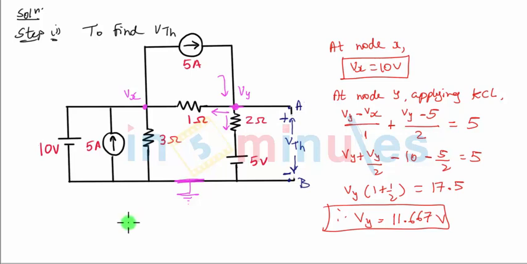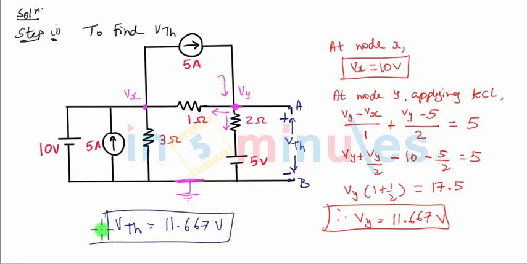So I write down my answer for VTH, which is 11.667 volts. So that's my step number 1. Let us now proceed towards step number 2, in which we are going to find out RTH. So step 2,